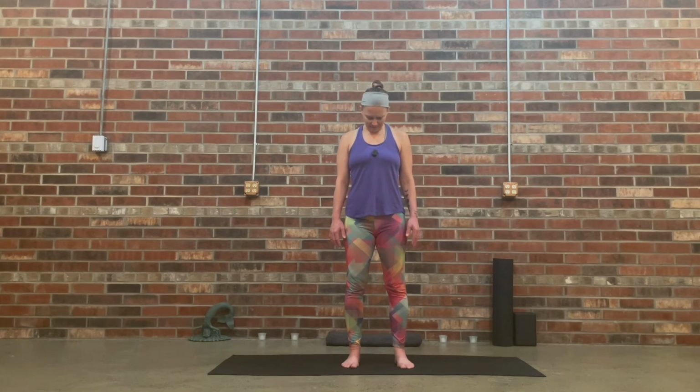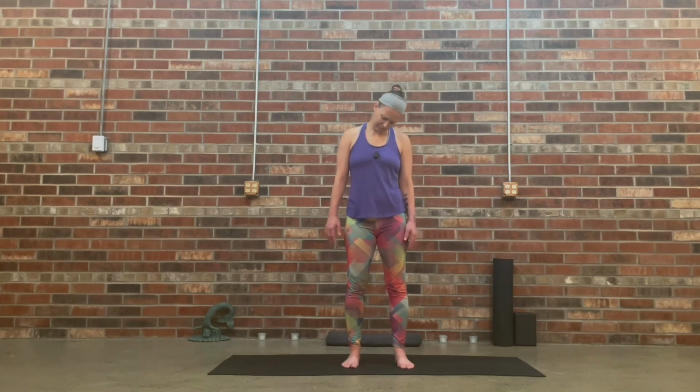Feel that release through the back of your neck, through the base of your skull. And then gently roll one ear towards your shoulder, back down through your heart, over to the other side. We're going to make half circles, side to side, ear to shoulder. And as we tap into our fifth energy center, the throat chakra, you can notice now how it's not just